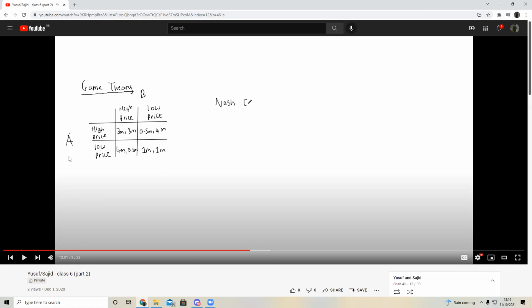But yeah, so you have a player A on the left, player B on the top. You might get a question where it's not player A and B. They'll put an actual, maybe a supermarket, like Asda and Tesco, at the top, and both of these firms can set a high price or a low price. That's their options. We're basically just trying to see how one firm's decision is going to make another firm react. That's what game theory is. And we're going to see what's the best optimal decision for them to make.